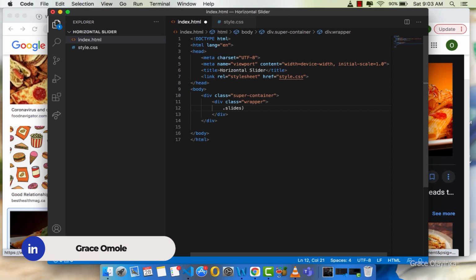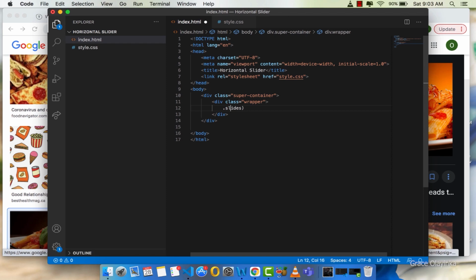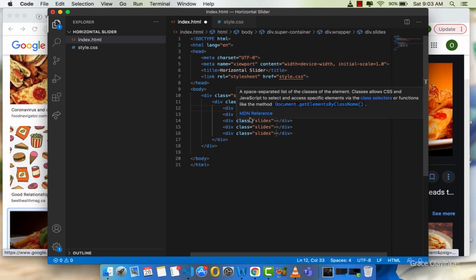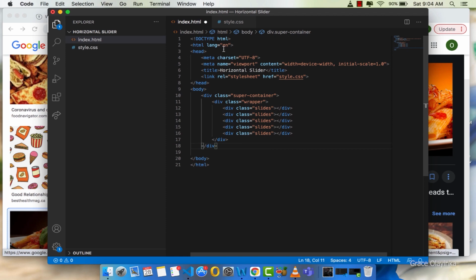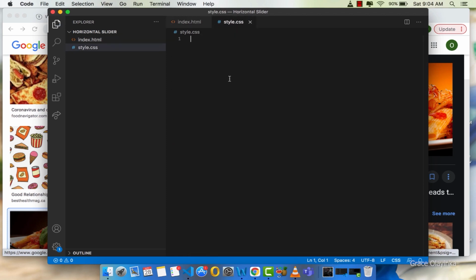I want my slides to be 5, so I have 5 slides here. That means the horizontal slider will contain 5 elements. I don't know if you understand. Yeah, so the horizontal slider will contain 5 elements, and then I come to my CSS and style my